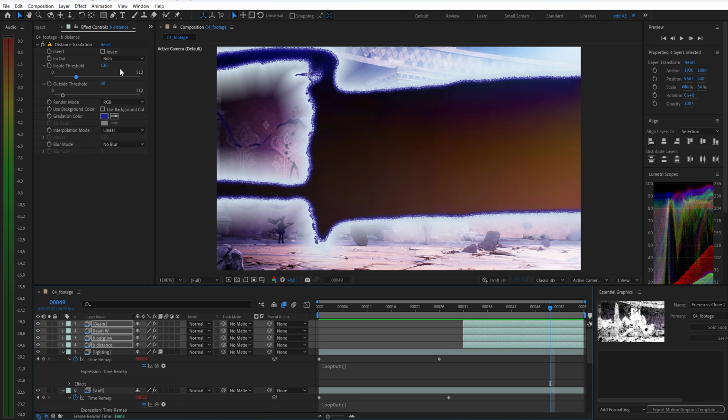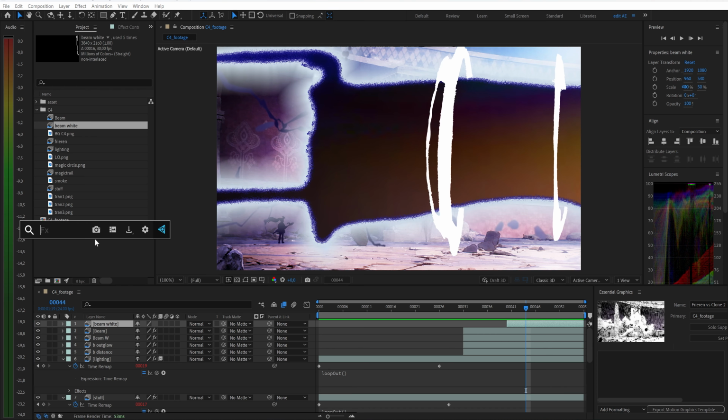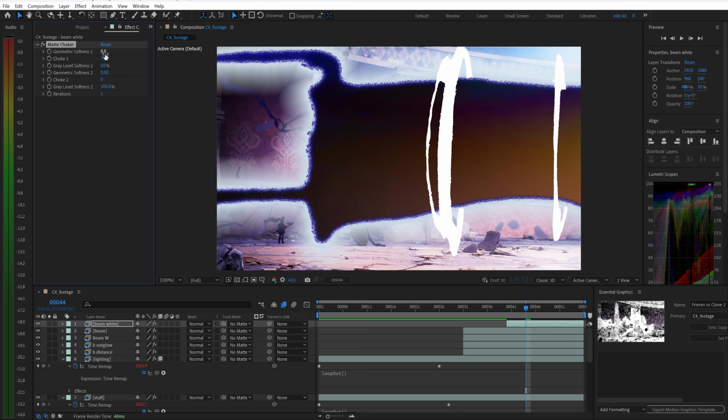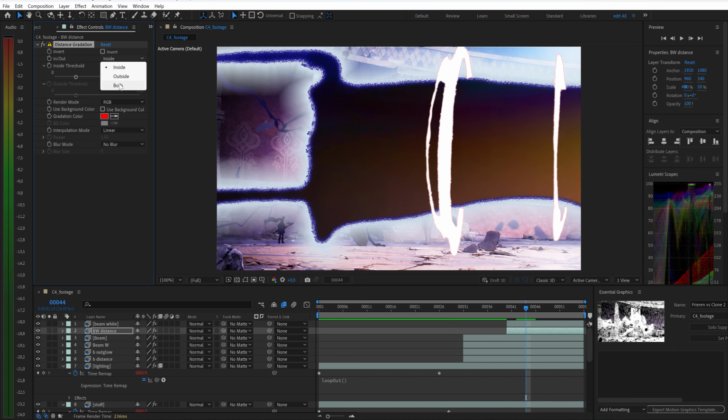Next, we'll work on the white energy rings that appear inside the energy beam. First, I'll apply matte choker to soften the shape of the rings so they don't look too sharp and blend better with the beam. Then, I'll duplicate this layer and apply the distance gradation effect to create a